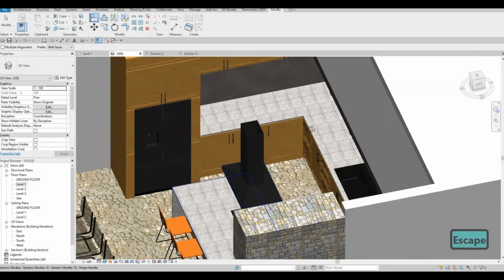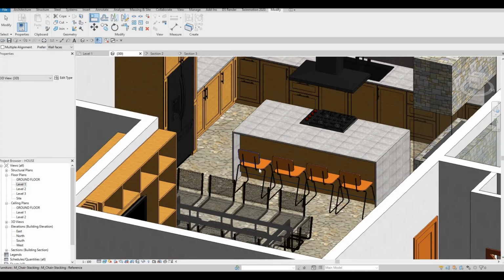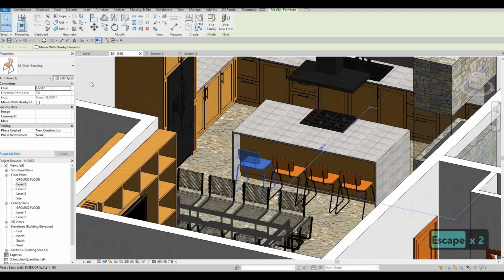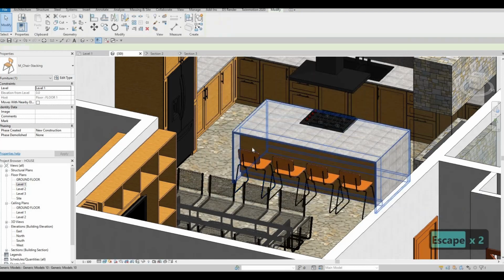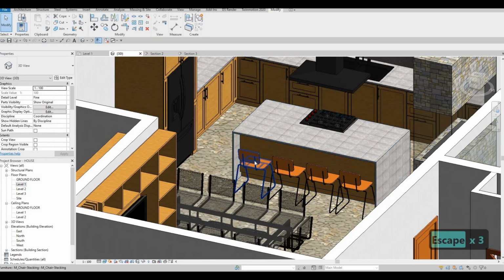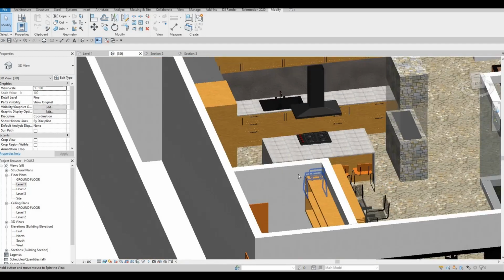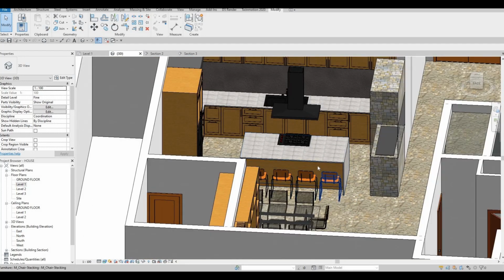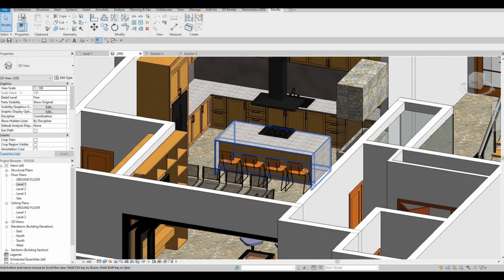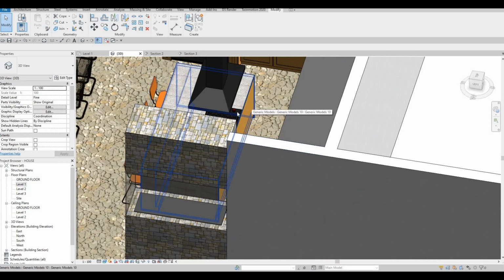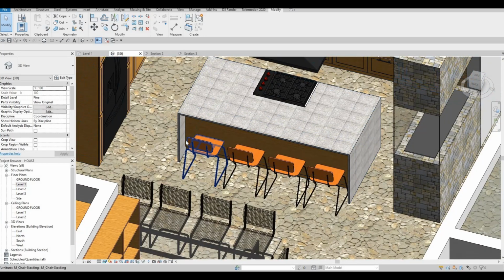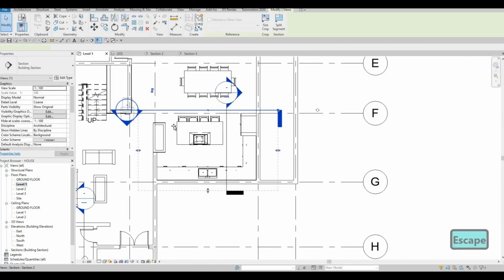So that's looking good. We have this overrun. This one should be high, but we only have this one at the moment, but that's good enough. Usually it needs to be those bar height chairs. So we have this one at the moment, so that's good enough for me. We just need to add cabinets right here on this side, and then maybe those footrest right here. So we need to go to level 1 again, and then now we just need to move